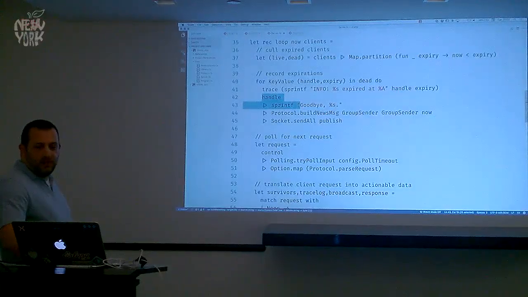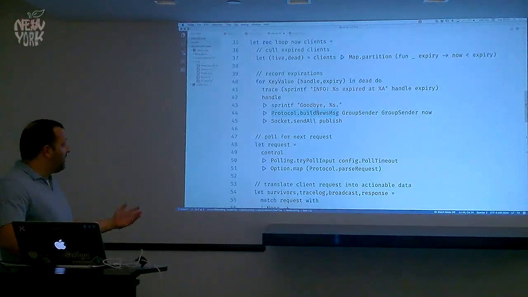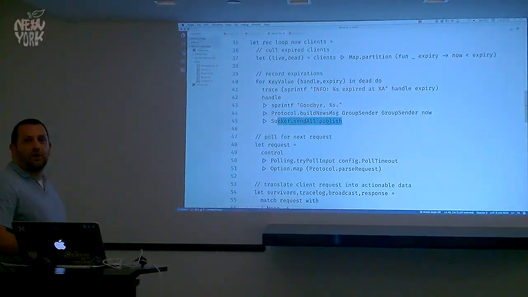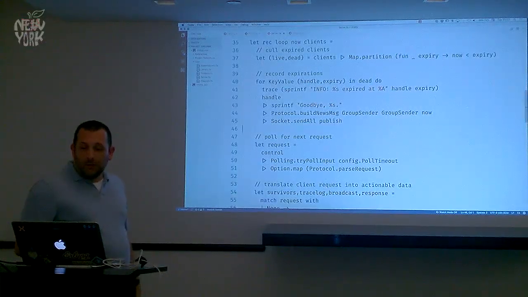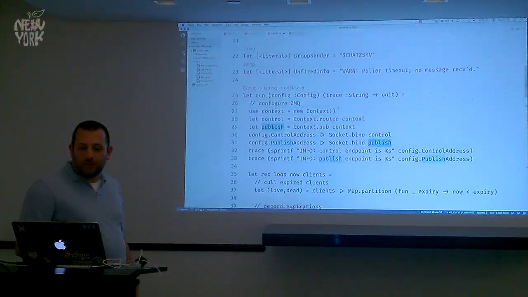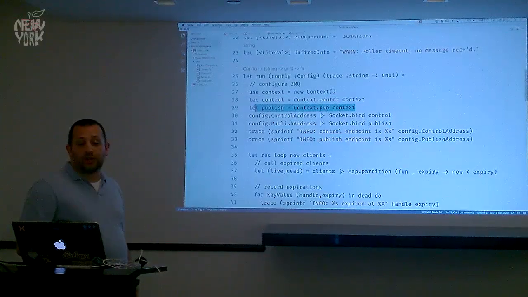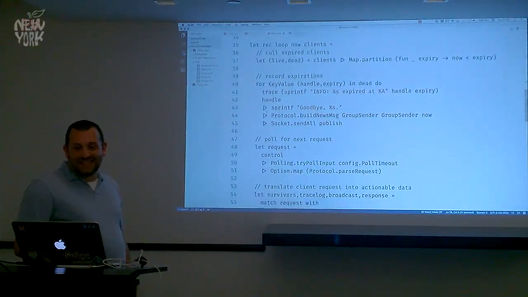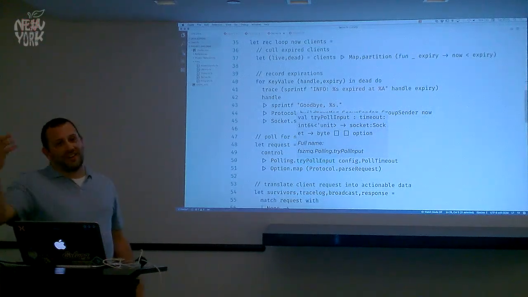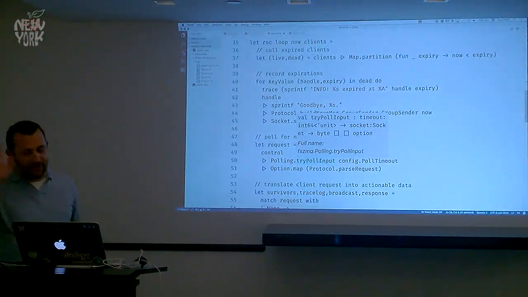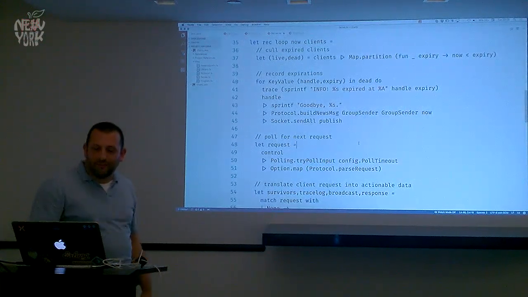Wrap the handle into a message, into a series of frames, and then send it off on the socket. Sorry, okay, what's so- publish? What? Publish is, if we come back up here, oh, publish, okay, is actually our publisher socket. Yeah, thanks. So technically, that's why I said this technically isn't entirely a pure function, because I am taking the closure and doing IO and whatever, but it's clean enough.